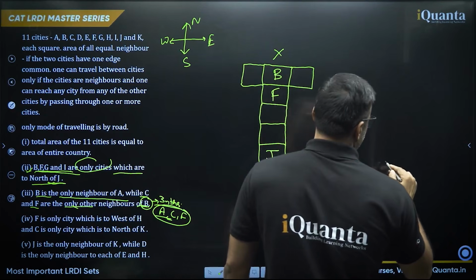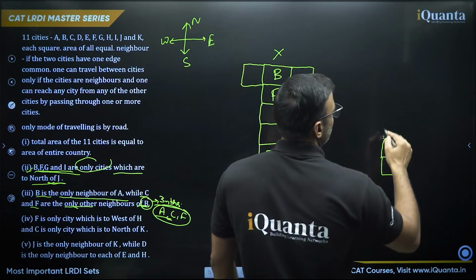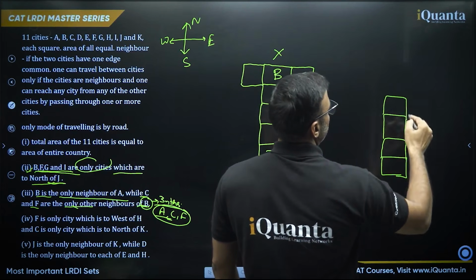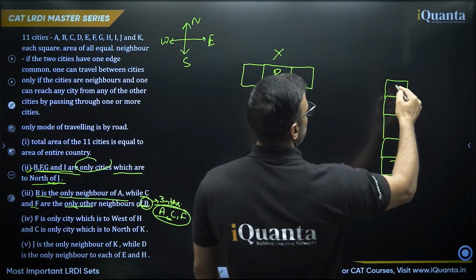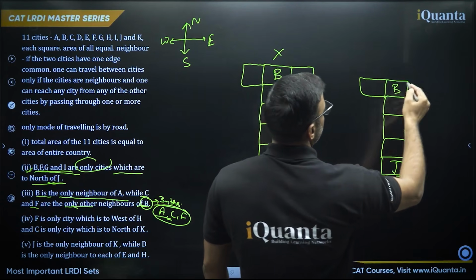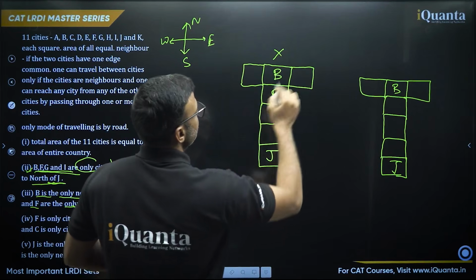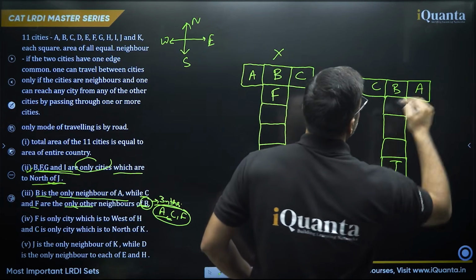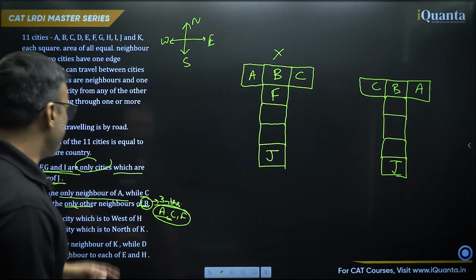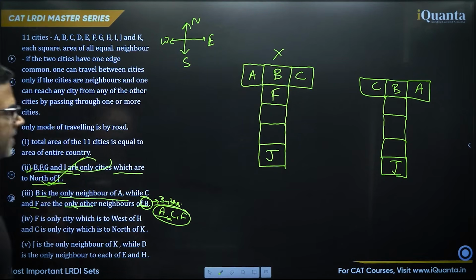So immediately we'll draw another possibility. Never hesitate to draw possibilities. So 2, 3, 4, 5. So what all is definite? J is here, B is here. So we have created 2 cases for A and C, right? So if I take C here, A will be here. If I take C here, A will be here. Nice. Okay. So we have used this information, but we are not able to fix the place of G and